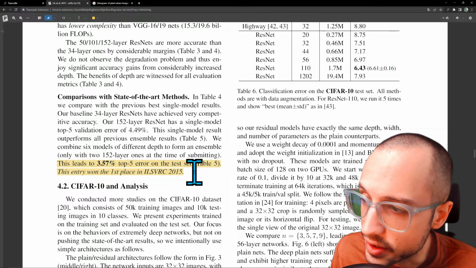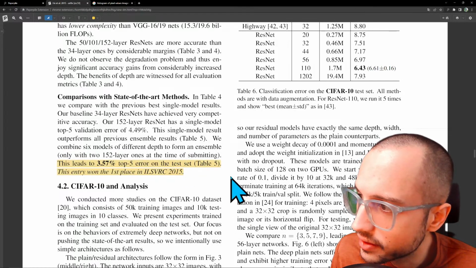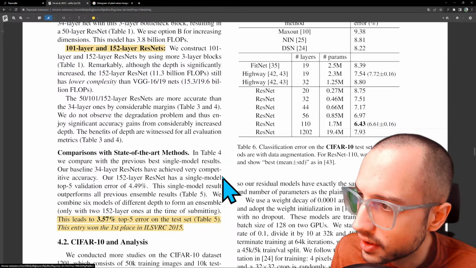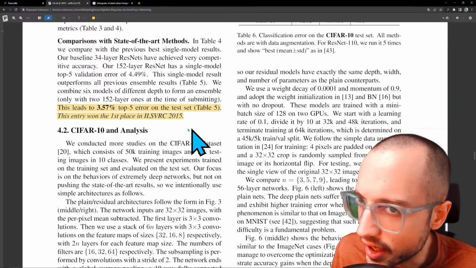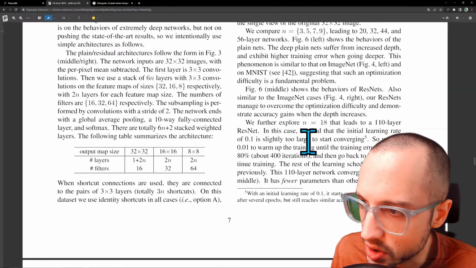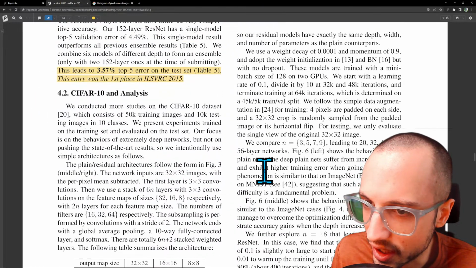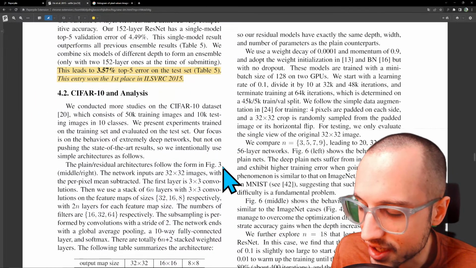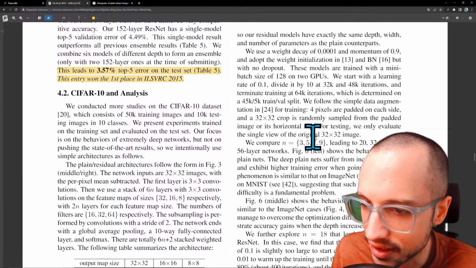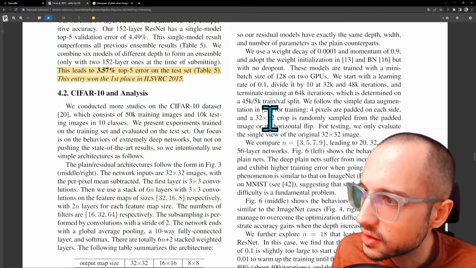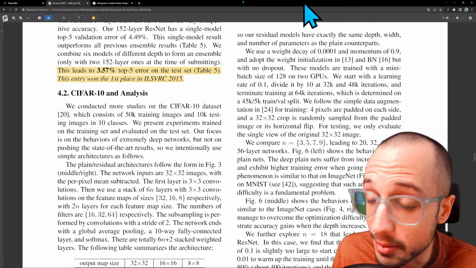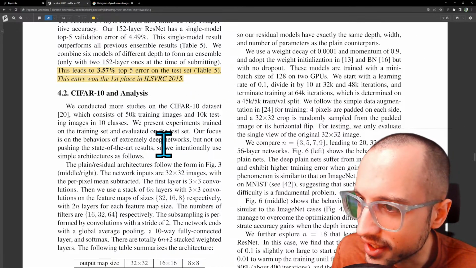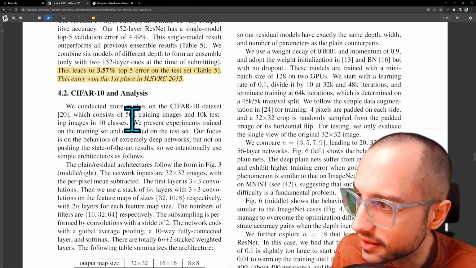And then they won the top place with this ResNet, which is really impressive. Yeah, and you can only imagine the hype, right? At this point in time, after this paper, people were like, holy shit, we figured it out. We just need to make extremely deep neural networks with these residual connections, and then basically the sky's the limit. I mean, I'm excited, right? Even though this is an old paper and I already know where it ends up.